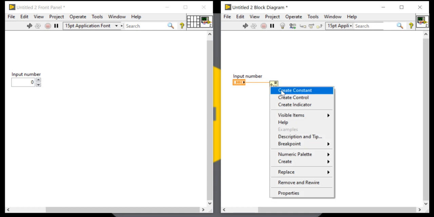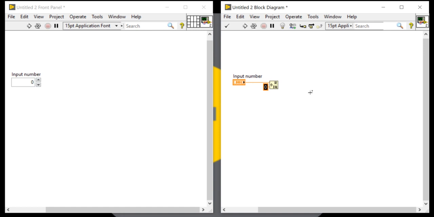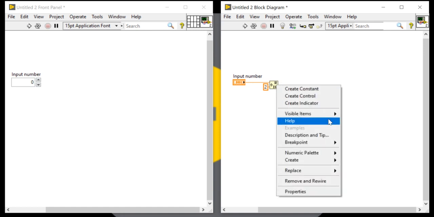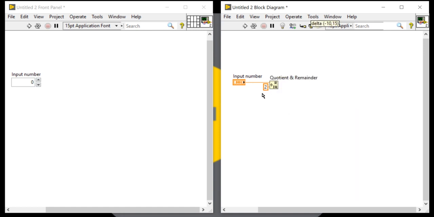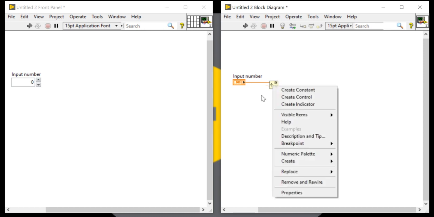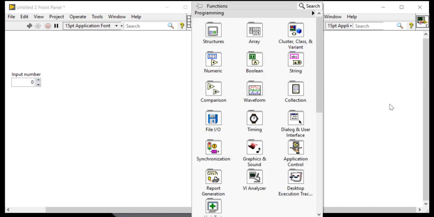So here I will get the quotient and remainder function. Take this one. Open the label. First, right click here and take the quotient and remainder function.